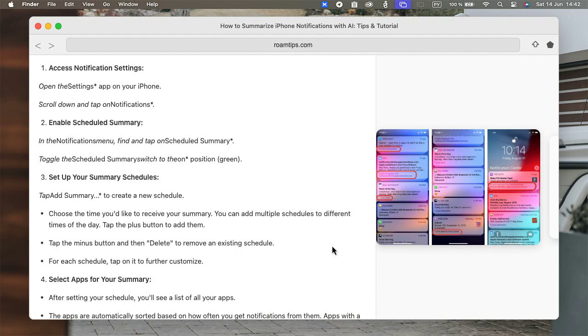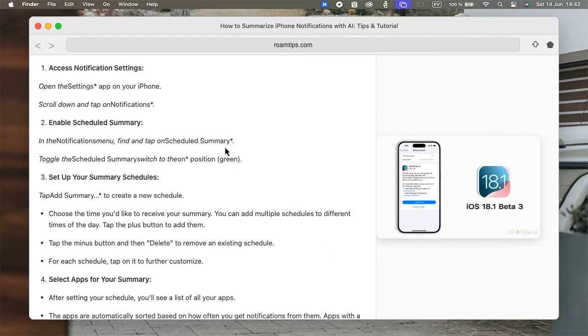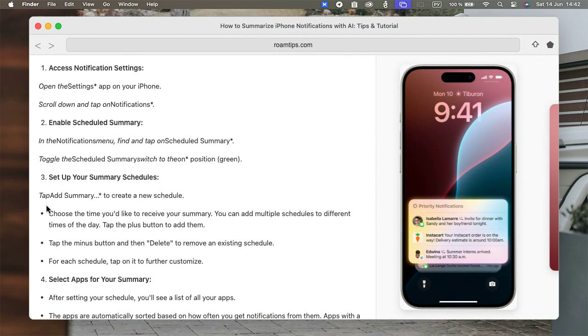Well, iOS 17 or newer, depending when you're watching this, has a built-in feature that uses AI to summarize those notifications, giving you a concise overview of what's going on. In this video, we'll show you exactly how to enable and use this feature. We'll cover what it does, how to customize it to your liking, and even some troubleshooting tips if you run